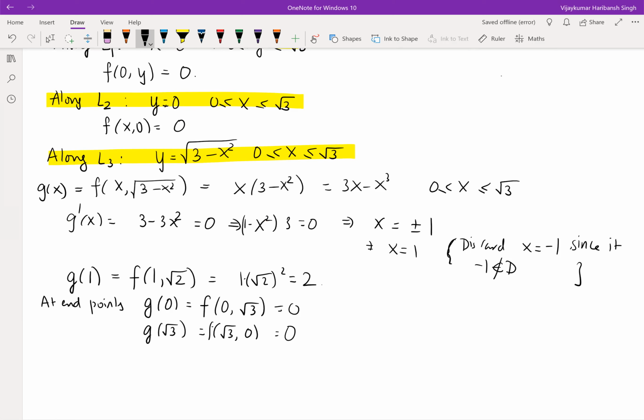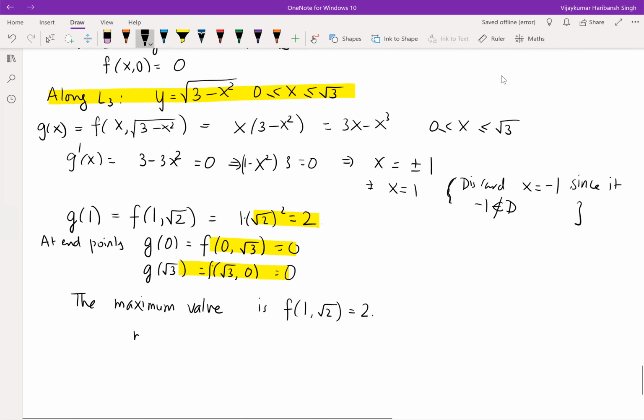So if you compare all these values, we'll see that the maximum value is f of 1 comma square root of 2, which is 2,